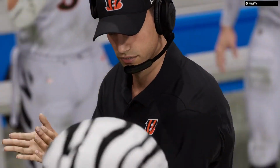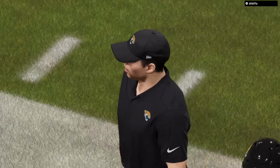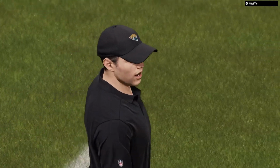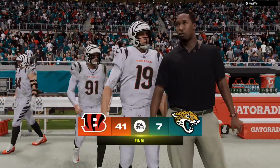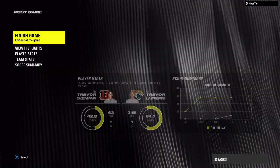Well, partner, under the lights in primetime, this offense, they gave the nation quite a show, putting up that many points to come away with what will certainly be a memorable win for them. And, Brandon, I think it's as simple as this. Some players, some teams, they're just meant